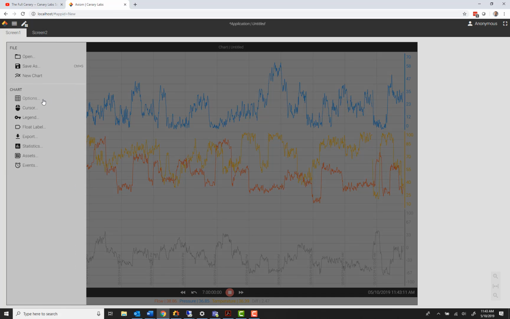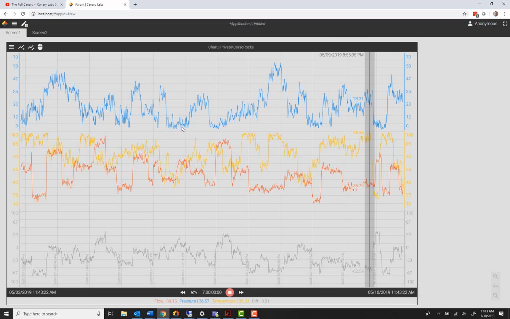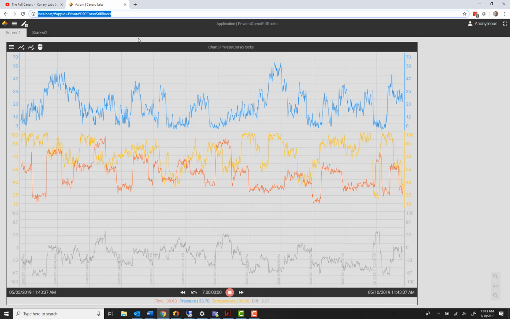I'll save that. So we'll save this chart. I'm going to save it in my own private user folder, and this will just be called Corso Rocks. Bam, there we go. So now that I've got all of this, I can save this whole application. And my application, again, I'll save in my private folder. Corso Still Rocks. You can see the URL has now updated in this. So if I take that URL and copy it,